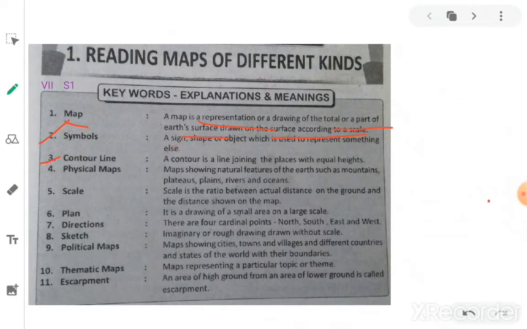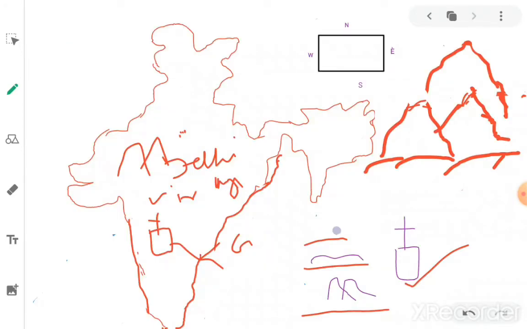So this also I can explain with an example here. Here some mountains are there. Here two mountains are having equal height. One mountain is much bigger than these two small mountains. So the two small mountains are having equal heights. Maybe it is 500 meters each, and the big one is 1000 meters. So these two mountains are equal. To join these mountains, to locate the equal height mountains, we can use this imaginary line, what we call a contour line. CONTOUR, contour lines.